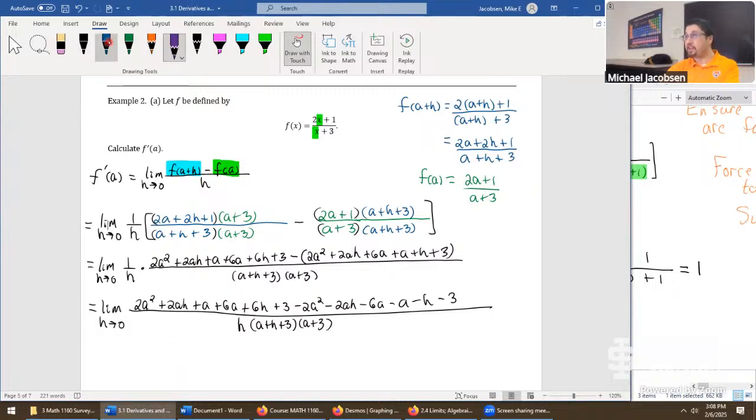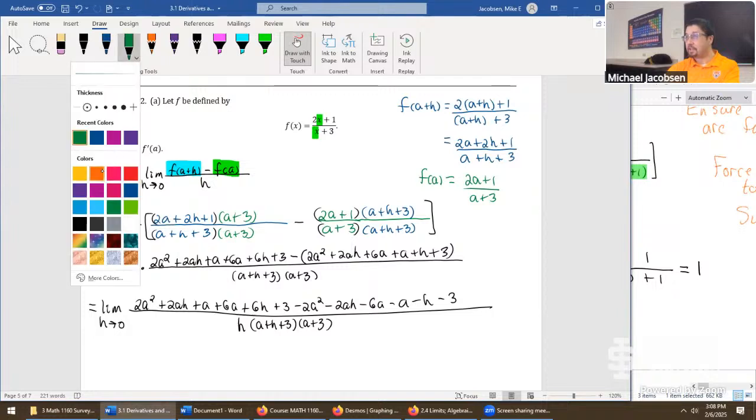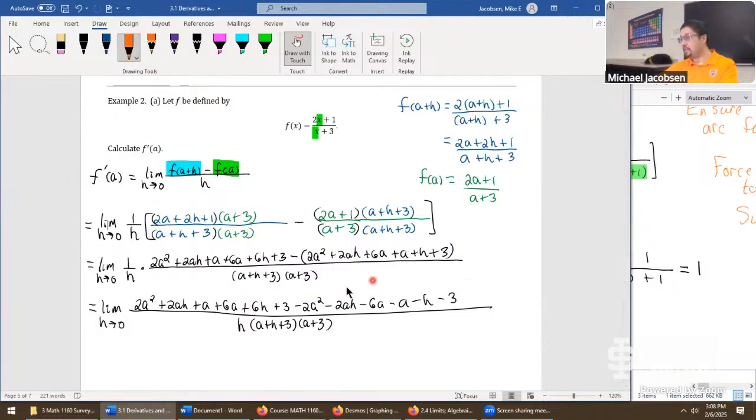But first, let's reiterate a comment that we made earlier. It's really helpful for these longer problems. There's a small internal check built into all of this. It goes like this. Every term without a factor h, so the terms without a factor h would be like the -6a or the -3, for example. Every term without a factor h must